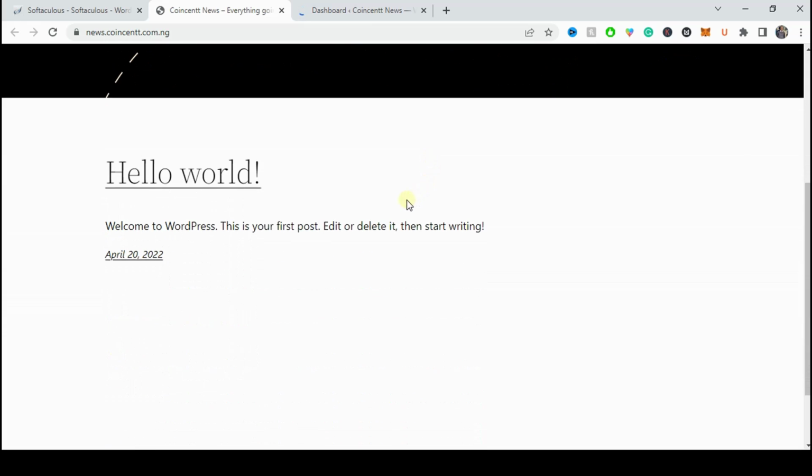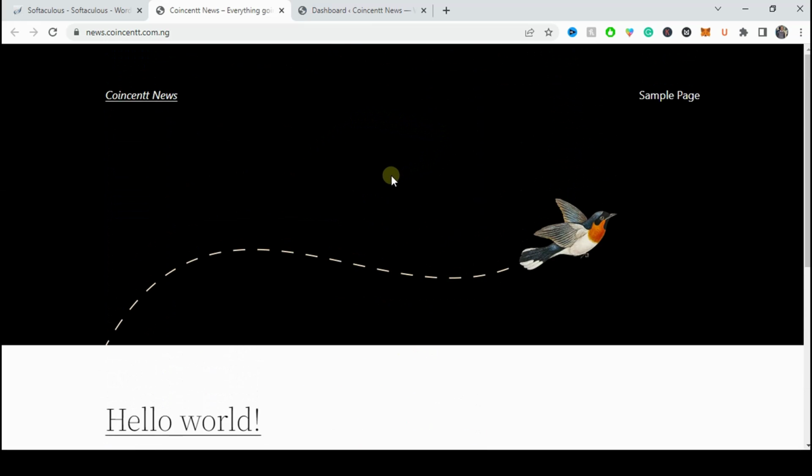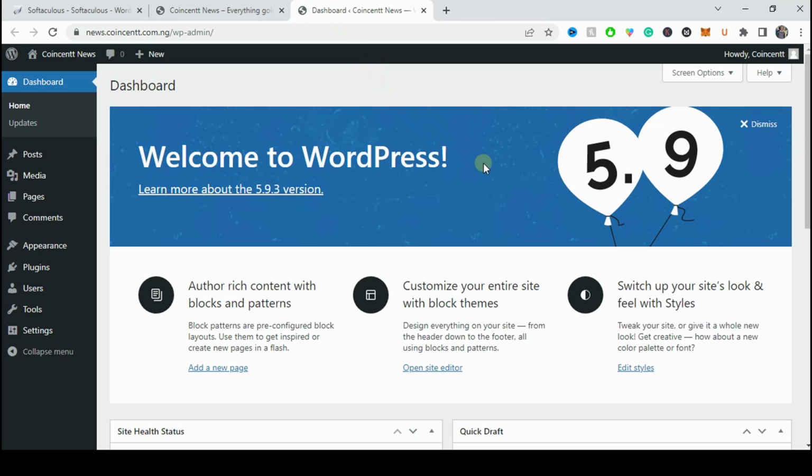This is the plain look, the 2022 WordPress default theme, and here is our backend, where we're going to do everything pertaining to our websites: the customization, the designing, adding content, and every other thing related to our website. So that's a very simple step on how to install WordPress with Softaculous App Installer using your